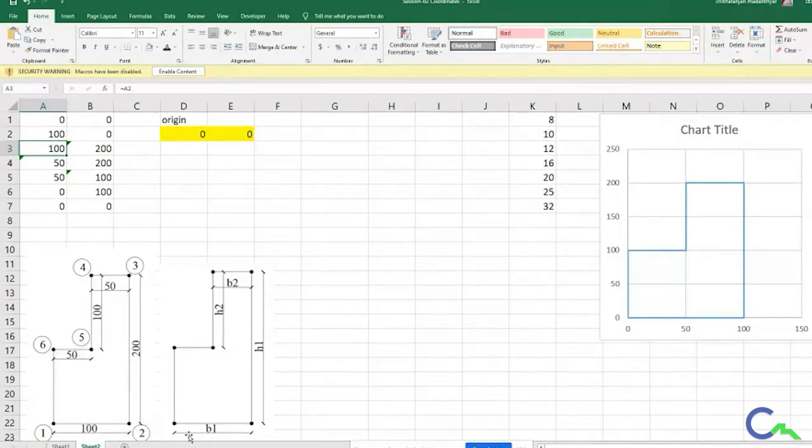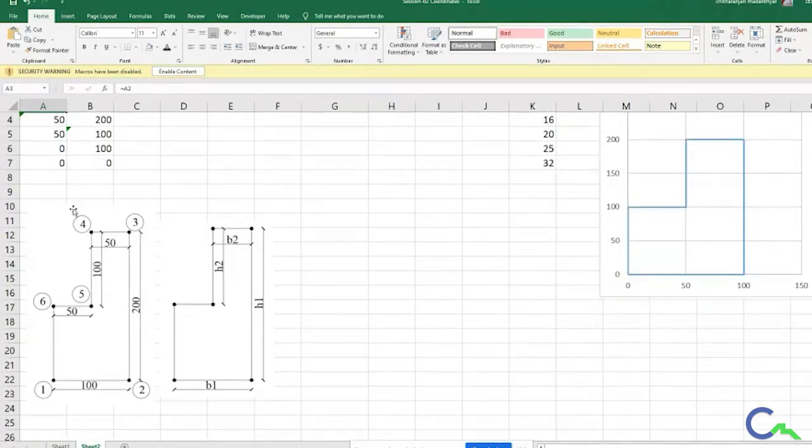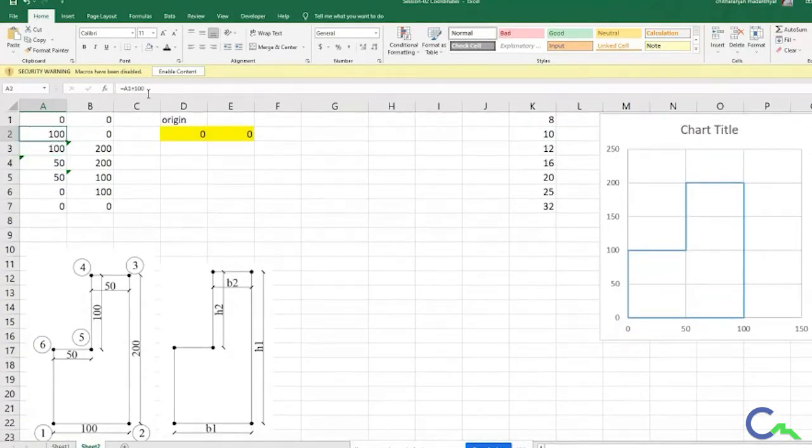Suppose instead of 100, I want to provide 150. In that case I cannot go here again and change it to 150. So I will try to do something customized, so that easily in that cell I can change it to 150, whatever the required value. Okay, in that way I'm going to build this one.